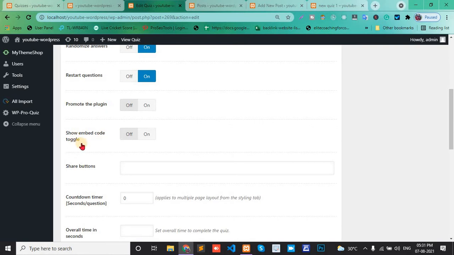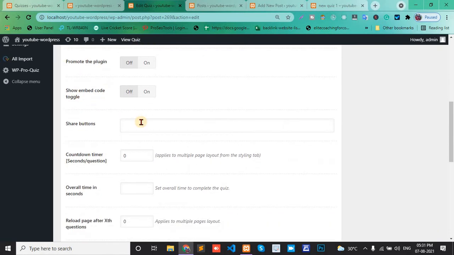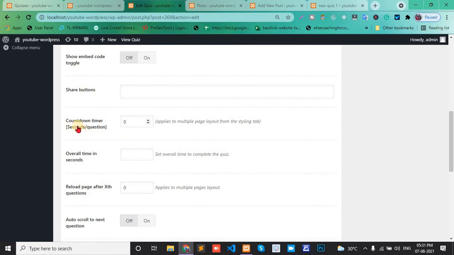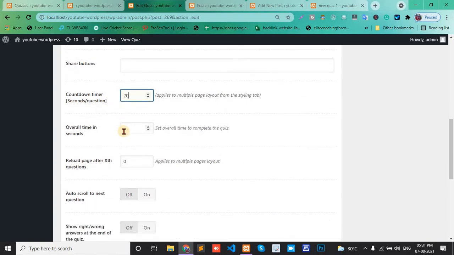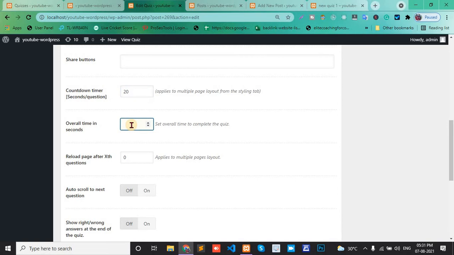Embed code toggle, no. And countdown timer, like 20 seconds per question. Overall time in seconds is 40 seconds. Per question the time is 20 seconds; for two questions, the total time is 40 seconds.